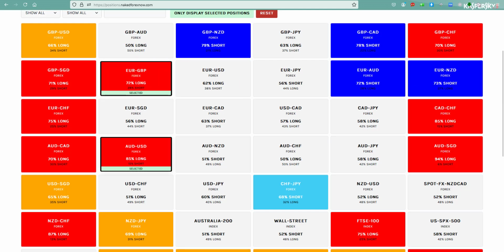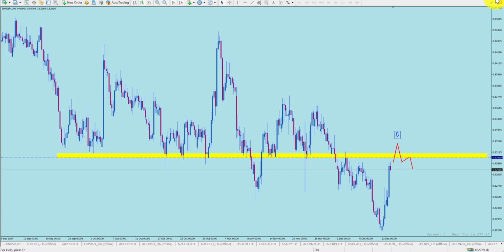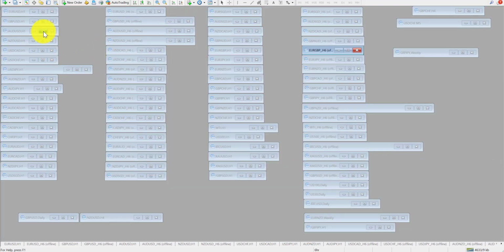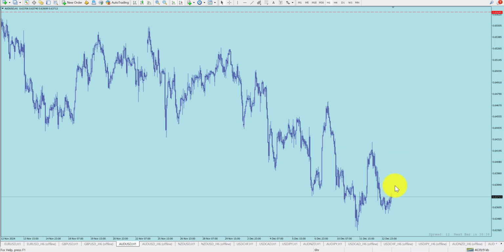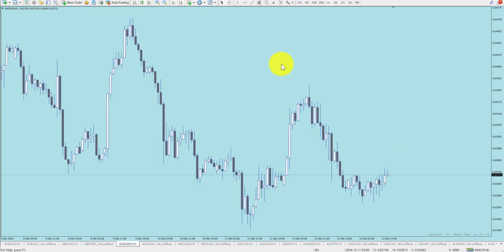So remember we were talking about the Aussie? Where are these traders taking their profits? They're taking them right now, believe it or not, on the Aussie. So this move right here, this is where they butter their bread. This is the move that the traders are taking right now. This move right here is where they get all their profit. Not here in the trendy move. They're only going to get it here in the counter trend move, right? Is that making sense? So this is really important they understand.